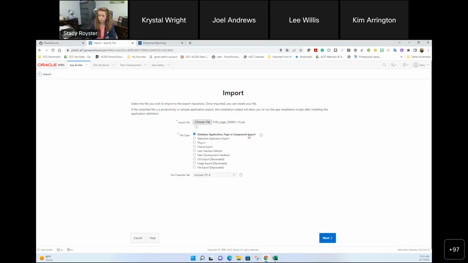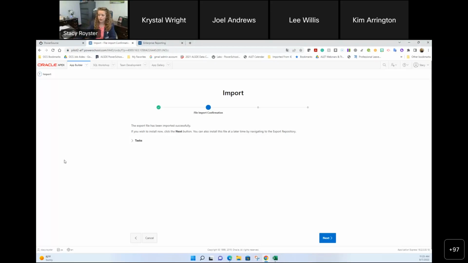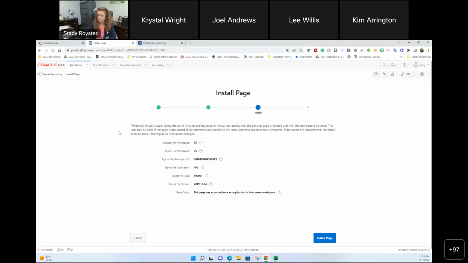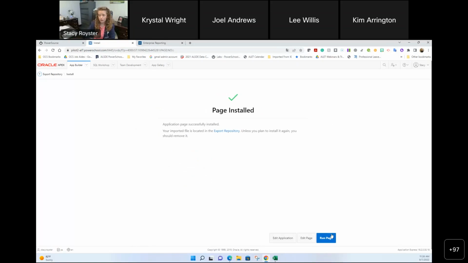Basically, it should come where you can take the defaults. You want the database application, page, or component. We're guaranteeing that character set, and you're just going to next your way through this. So I'm going to go next. The file export has been imported successfully. If you wish to install, just click the next button. Hit next. When you install a page having the same ID, it is deleted and the new page is installed, which is why you've got to be very careful. So watch those IDs. And then I'm just going to install this page. And then that's it. Now, you can hit run page from here if you want to,